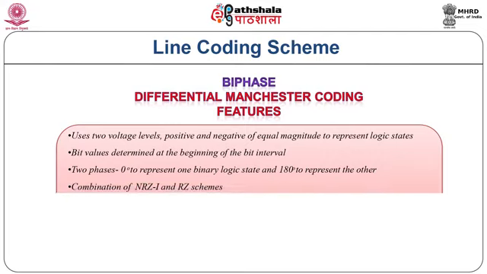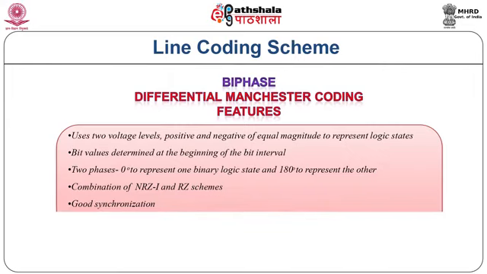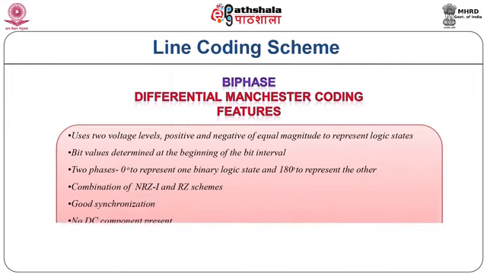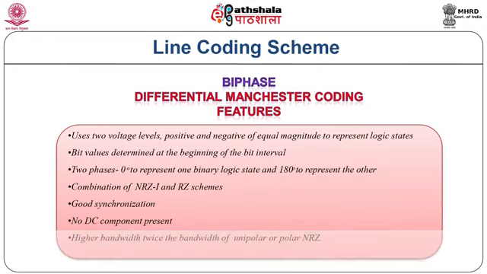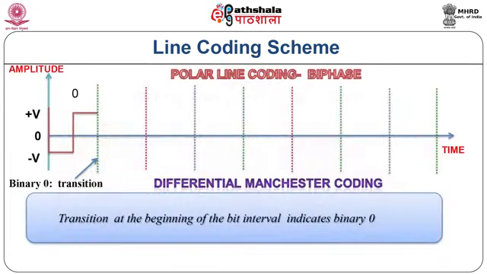It is a combination of NRZI and RZ scheme. It has the ability of self-synchronization. DC component is absent in the encoded signal. It requires twice the bandwidth of unipolar or polar NRZ. As visualized from the figure,